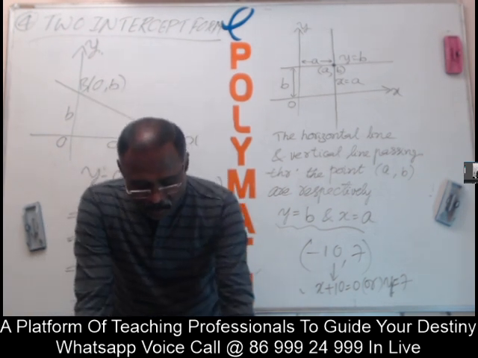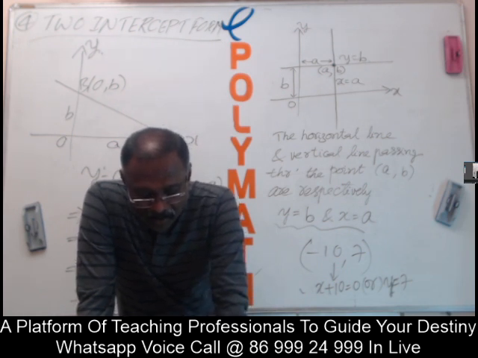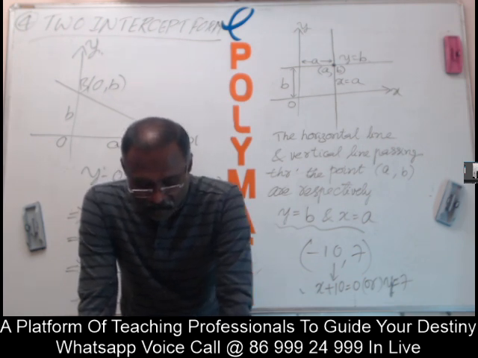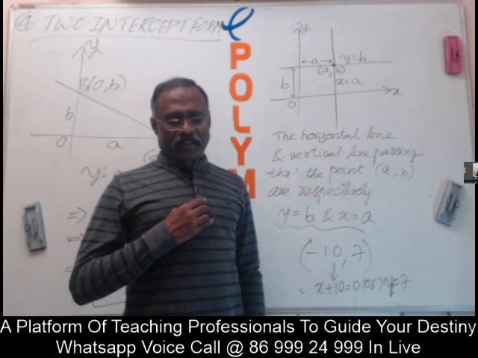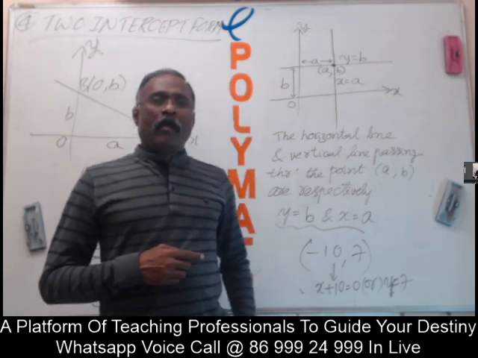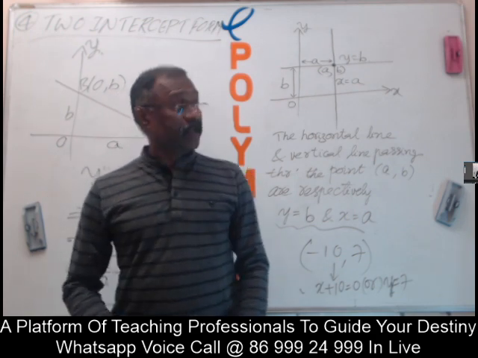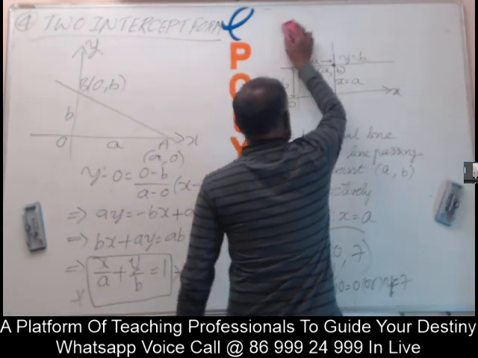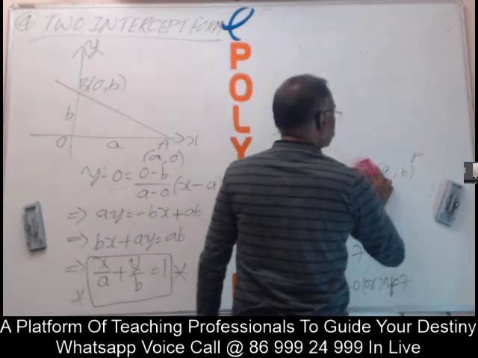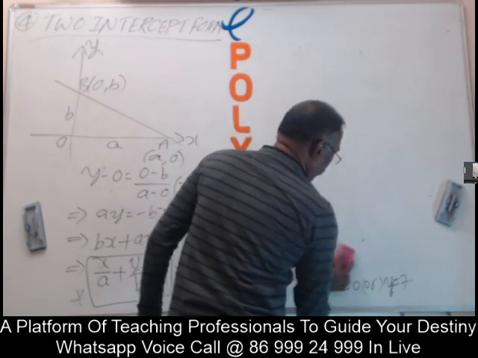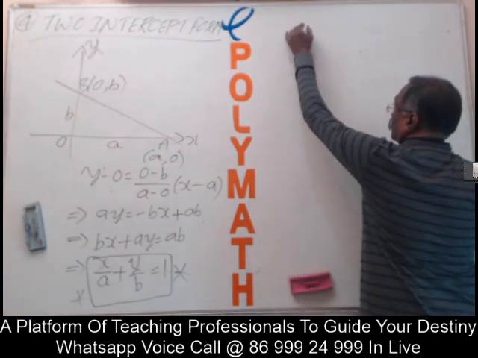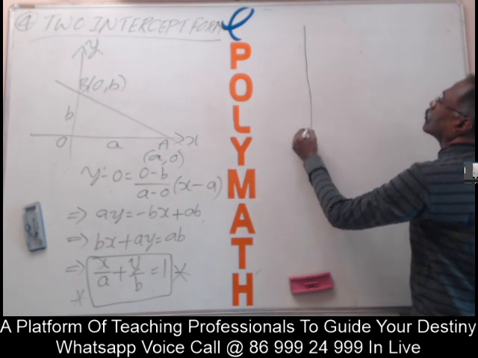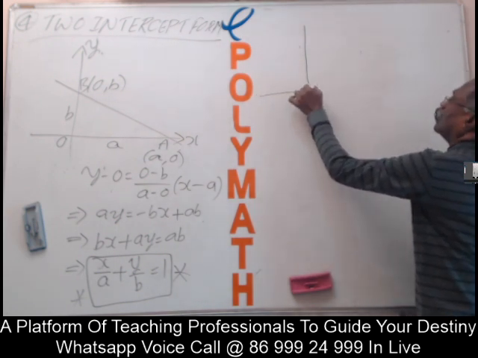Here you can discuss if you are given 2 points, if the x coordinates are equal, how the line is, and if y coordinates are equal, how the line is, and how the line is useful in finding out the locus. Okay, that I discussed in the introduction itself. What that sir is saying, when you are given the set of points whose